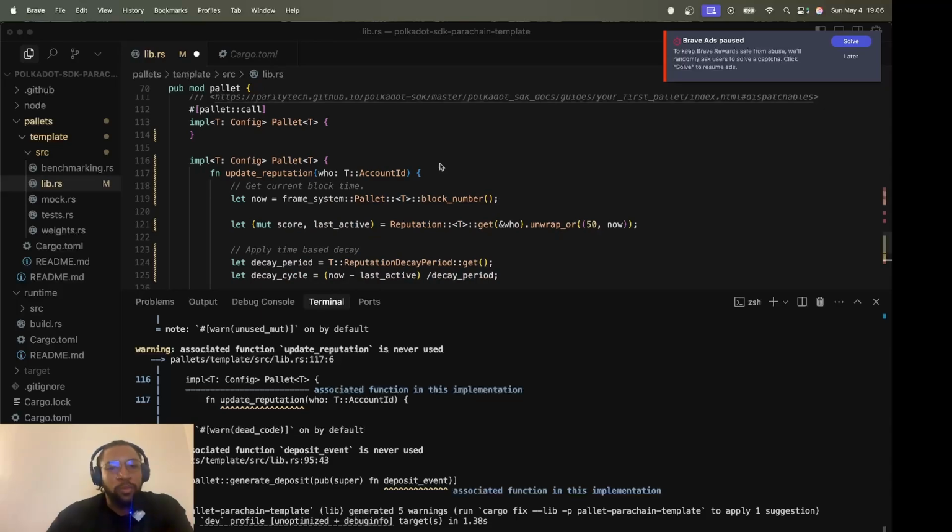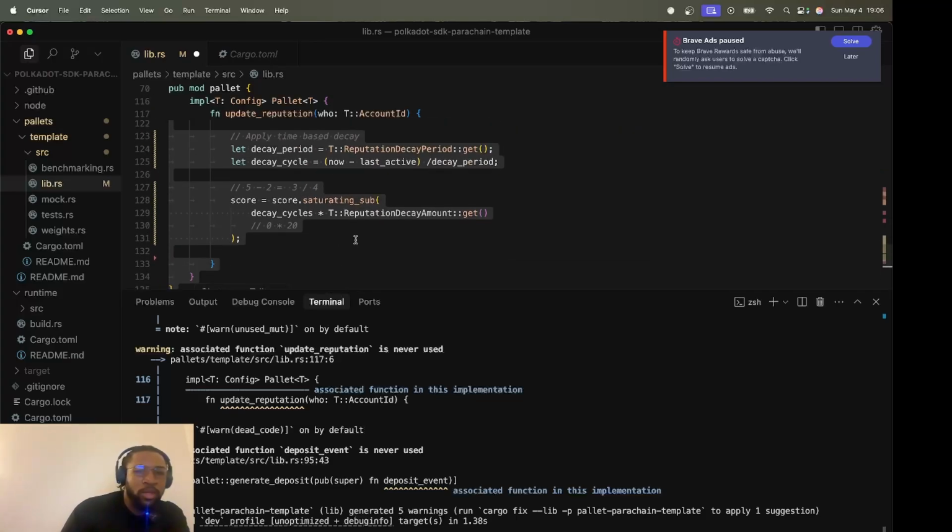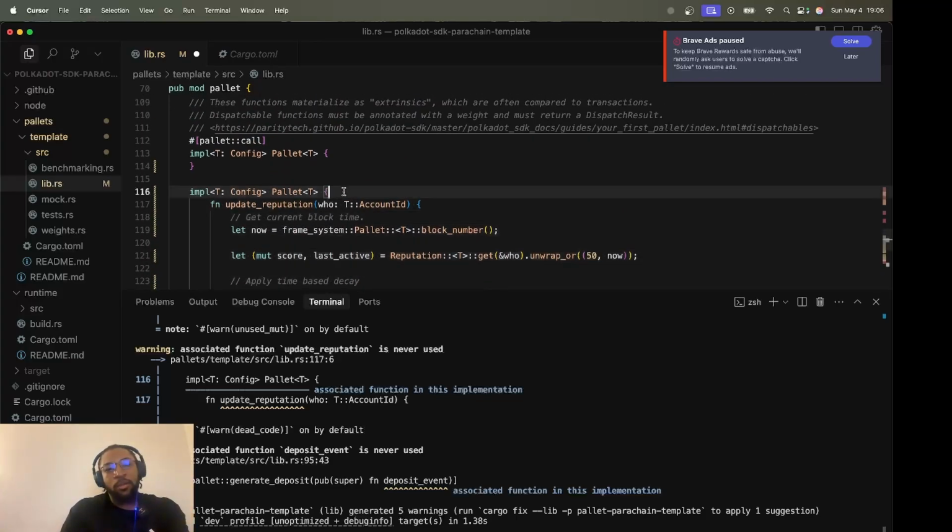So now that we've created this function, how does it get executed? This is not an extrinsic because it doesn't have that macro on top.